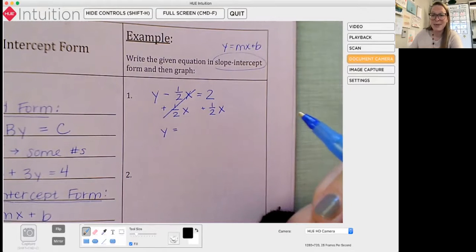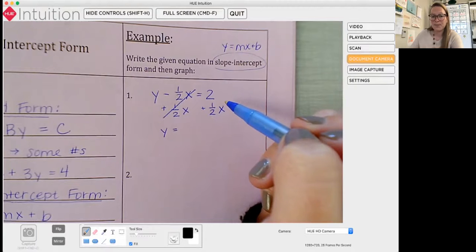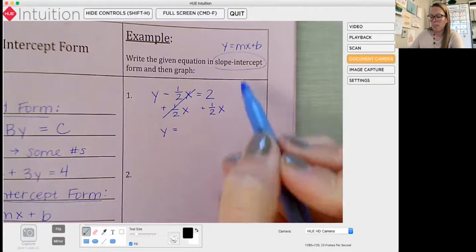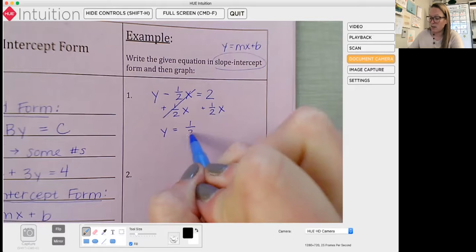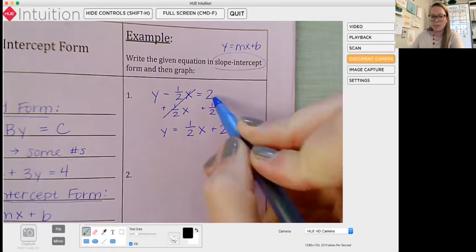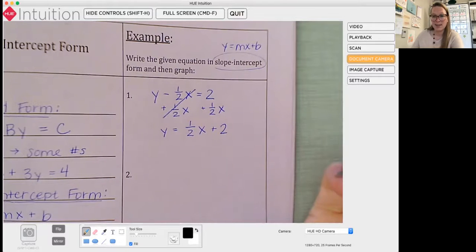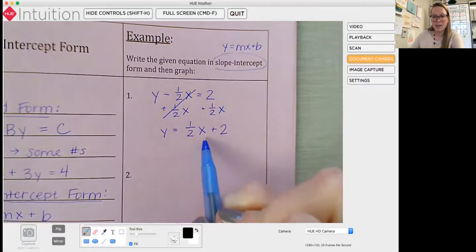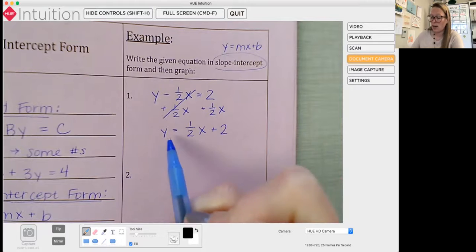Also, you would never do a mixed number anyways, but they're not like terms, so I can't actually add them together. What I need to do is write them on this side of the equal sign in y equals mx plus b form. So I'm going to have y equals mx, my 1/2 x, plus the 2 as my b. If you wrote it as 2 plus 1/2 x, yes, technically that's correct, but it's a really good habit to make sure we actually write it with our x and its coefficient in the front, and then the b at the end. So y equals